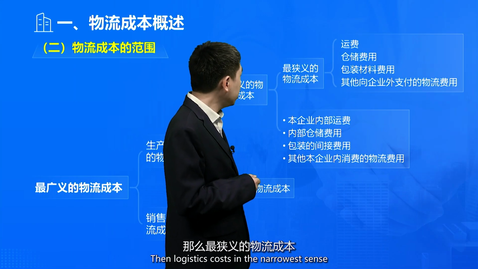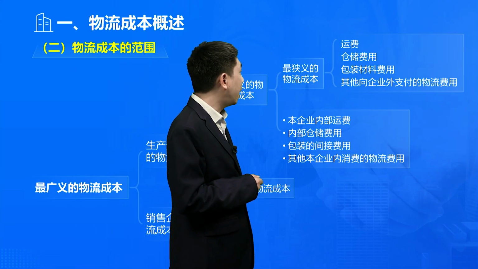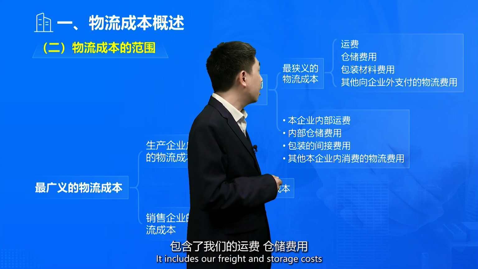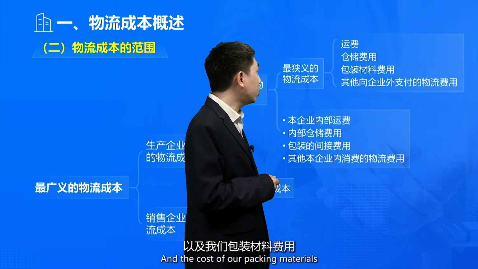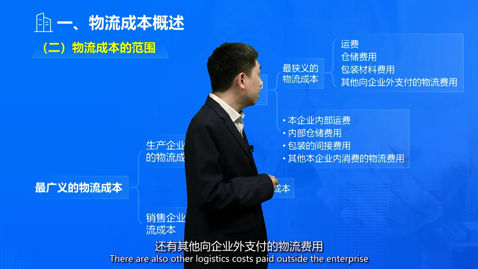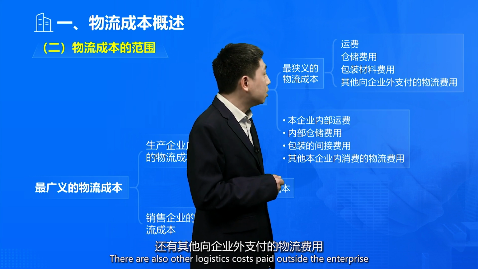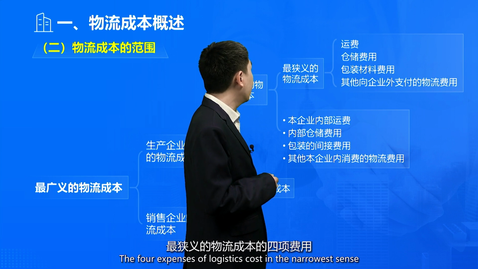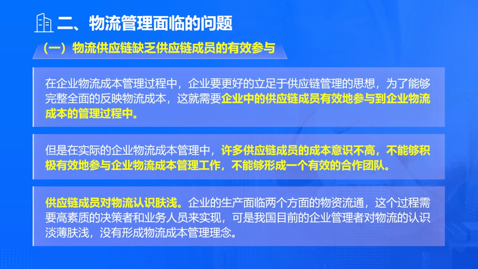Then, logistics costs in the narrowest sense. What are the costs involved? It includes our freight and storage costs and the cost of our packing materials. There are also other logistics costs paid outside the enterprise. These are the four expenses of logistics cost in the narrowest sense. Now let's look at